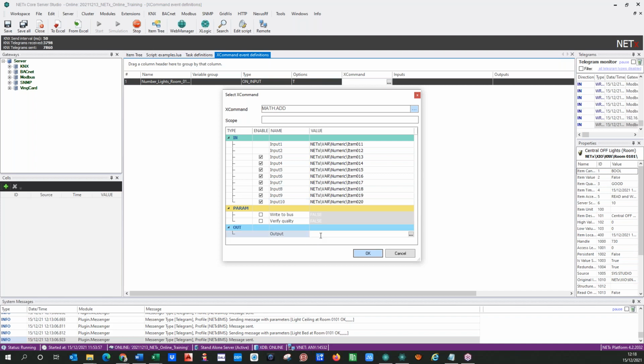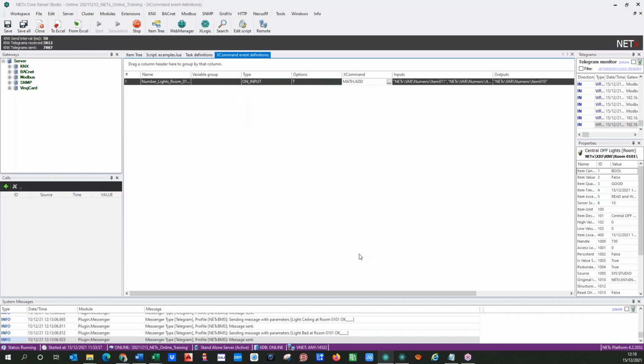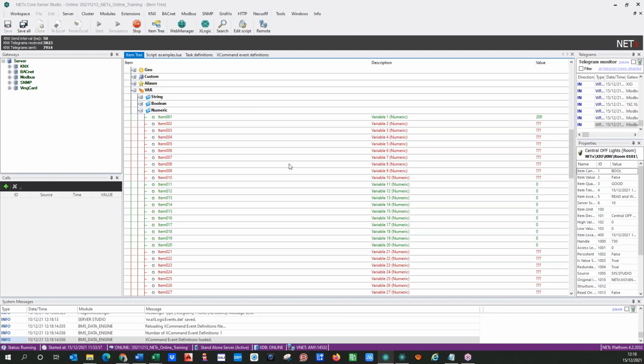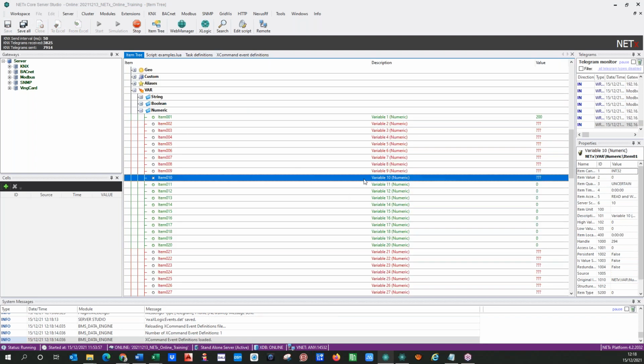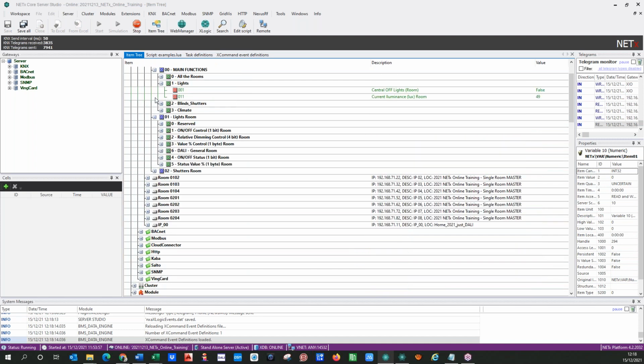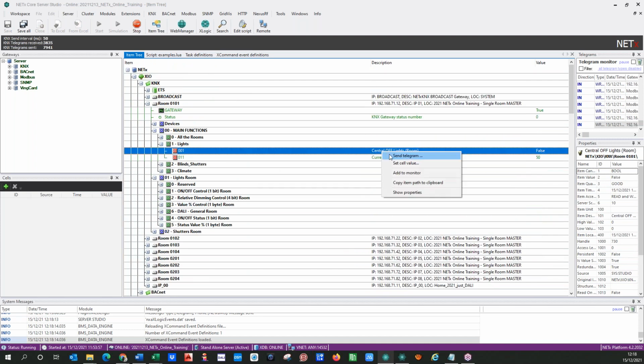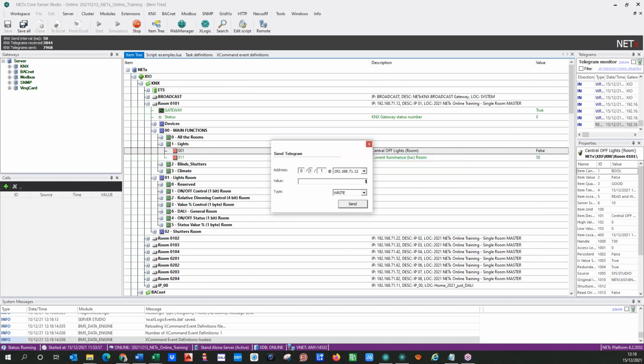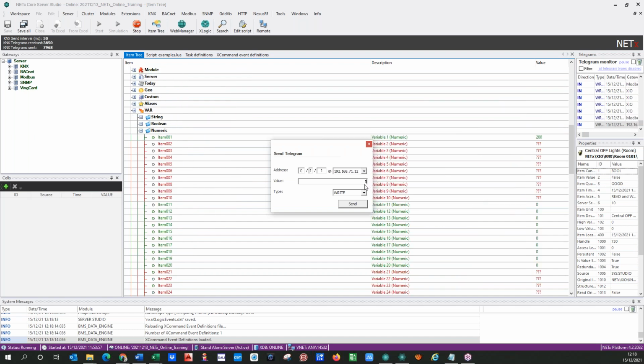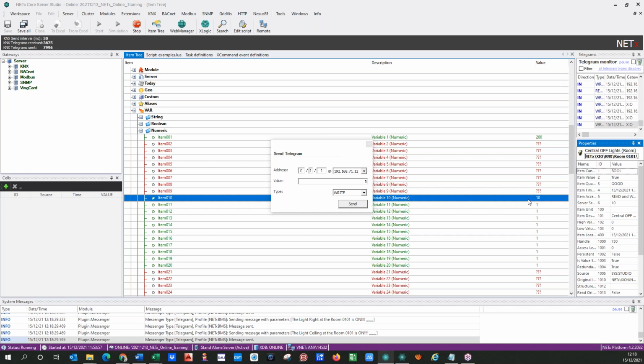And the output, let's see, why not? Put it in the 10, in item number 10, so in the top of this. Just say, okay, save, and then we can see if somebody changed the values of the lights, for example, like me. Again, we will see the calculation here. 10 lights now on,